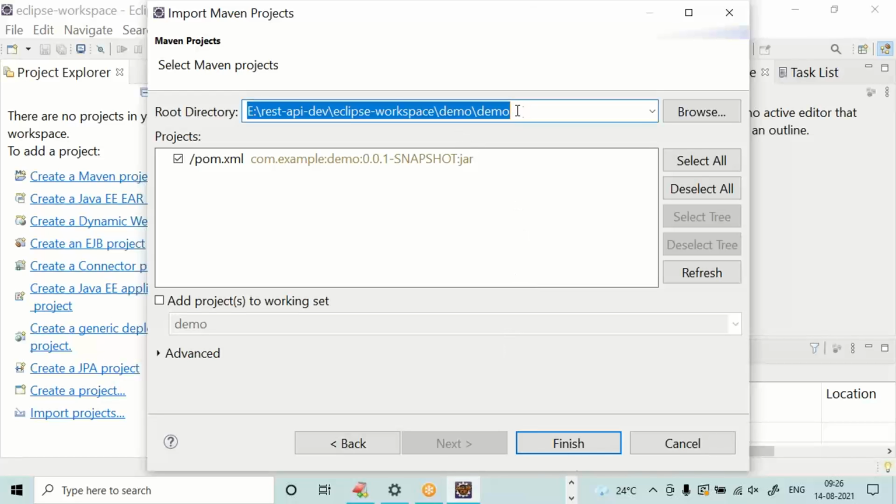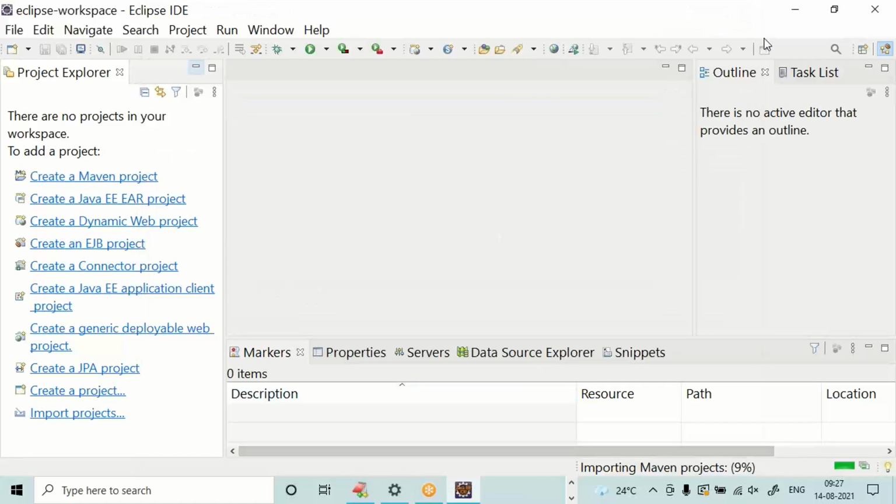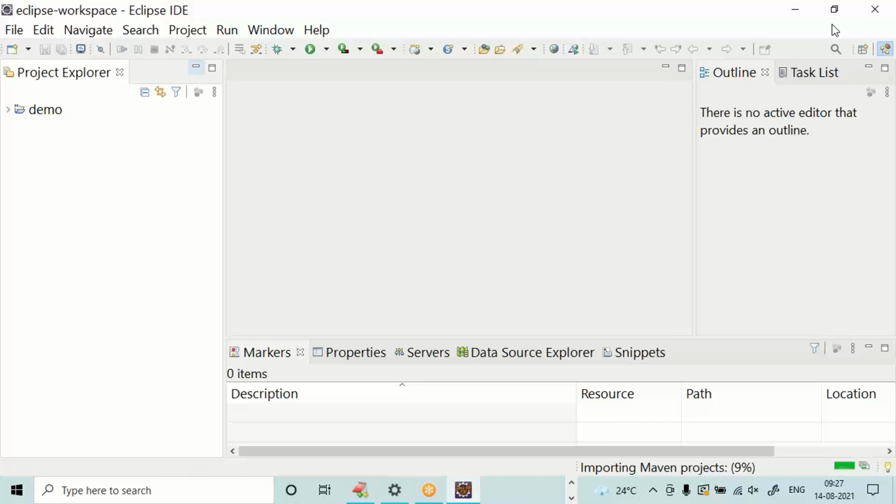Project root directory. Whichever project we got from the Spring Initializr, the same project we are trying to import. Click on finish. Now you can see the demo is displaying on the left side.